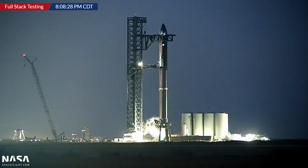But methane is becoming a more common fuel in a lot of companies' next generation vehicles for a couple of reasons. First of all, rockets are getting cheaper, either through manufacturing methods or becoming reusable. And as launch costs come down, the cost of buying the propellant, like literally, we need to buy X tons of fuel and oxidizer to fill the rocket,